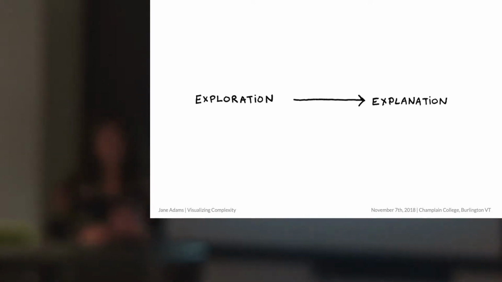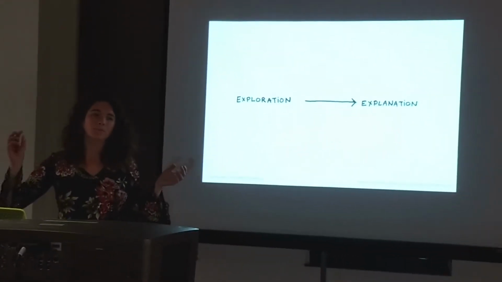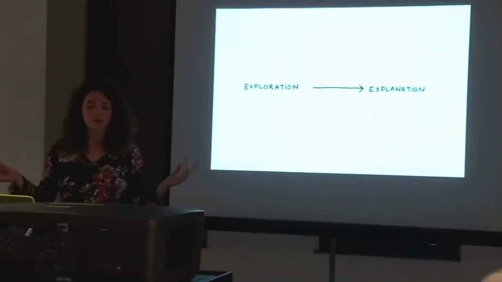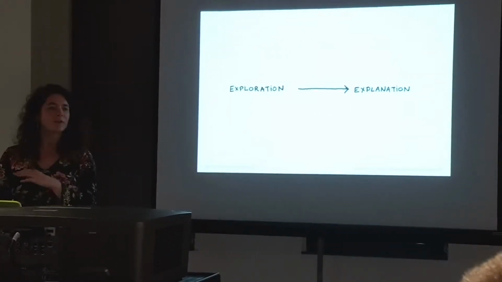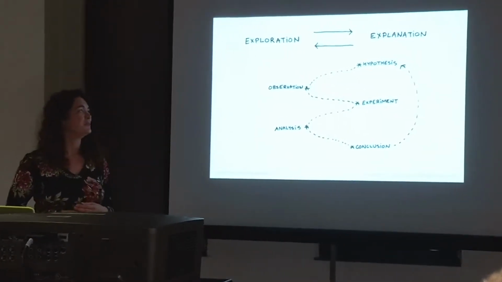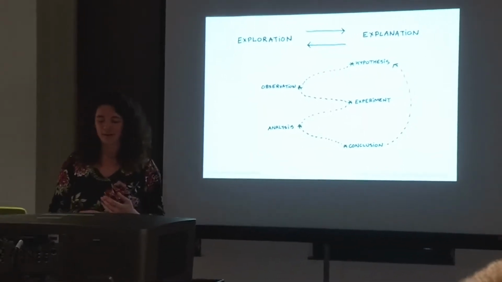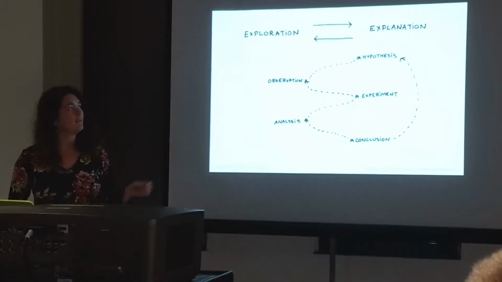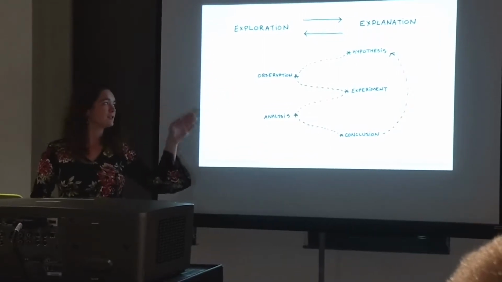Also, when we're talking about visualization and scientific inquiry, we have a spectrum of graphics that move from exploration to explanation. Originally I was thinking that you start with an exploration and then you move to an explanation, but actually it's a lot more of a convoluted path where you're moving back and forth often. And this is something that I'm finding a lot in my work at the Complex Systems Center. So I mapped the scientific method here to that movement from exploration to explanation and back and forth.